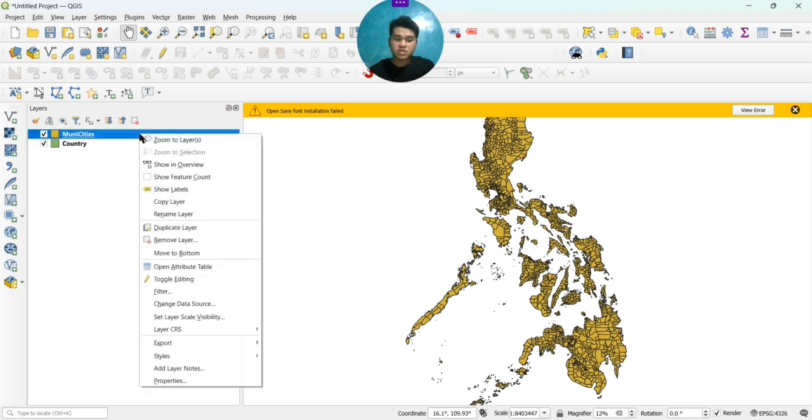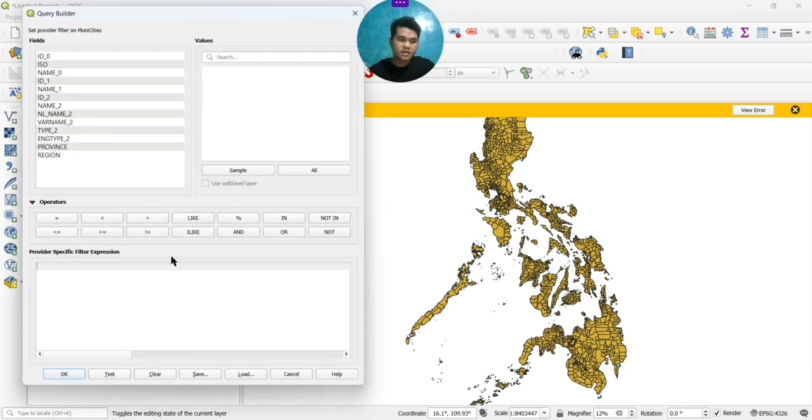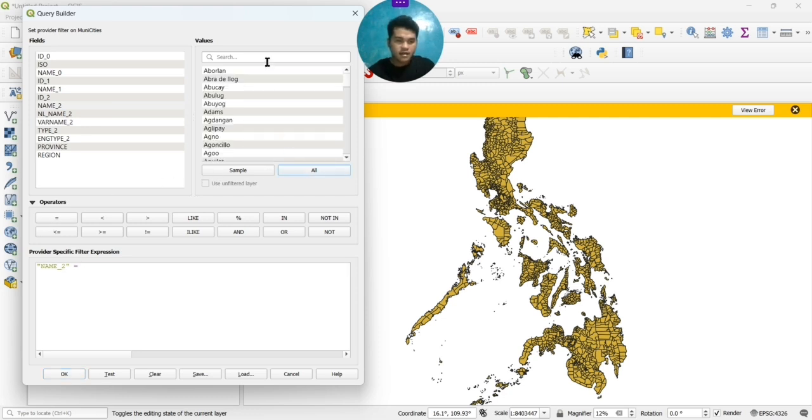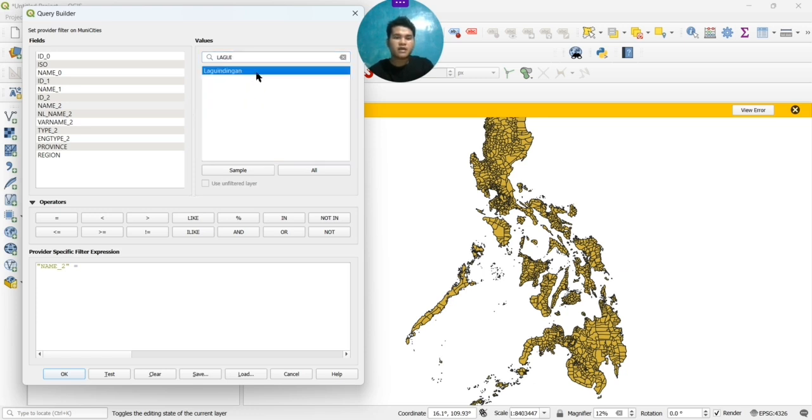First click the municipalities, then add filter, click filter, and then first click name 2. Double click the name 2, and then click the equal sign. Then click all, and search for Lagindingan and click Lagindingan.